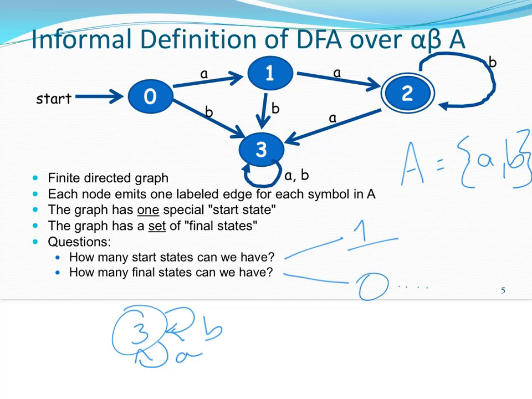Well, sneaky, I said it's a finite directed graph. That means it has a finite number of nodes, right? But we can have anywhere from 0 up to n final states, where n is the number of nodes, right? So we could have no final states in a DFA, or every single state in our DFA could be a